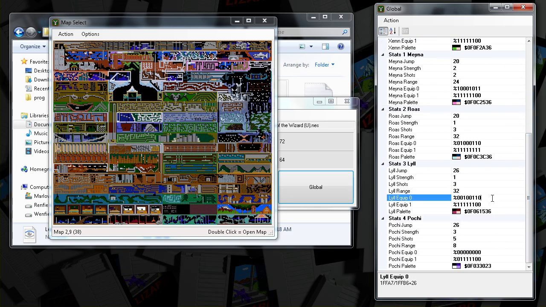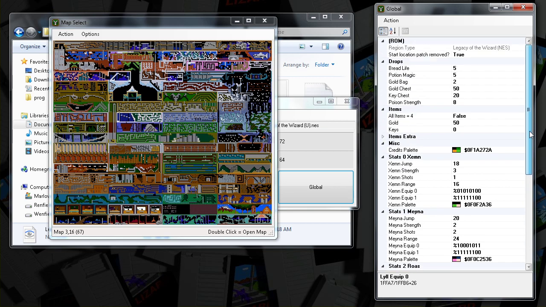You can also change what items they can equip. I've just put this in binary rows, but it's exactly the same order as the inventory screen. So that's pretty much that. And finally, if you want to test stuff, and this is really important, so I recommend when you go to test things, turn on this cheat.